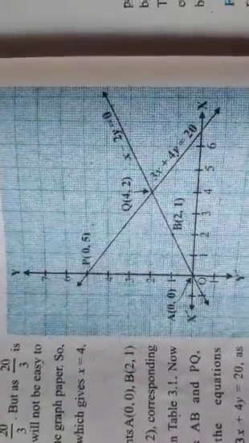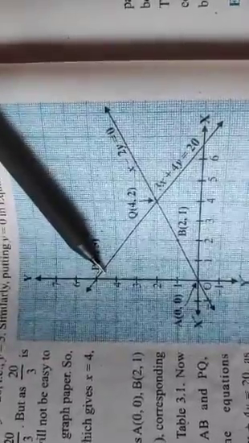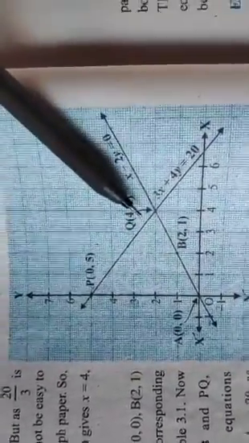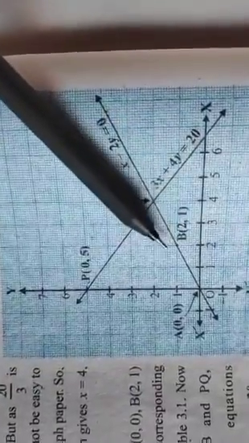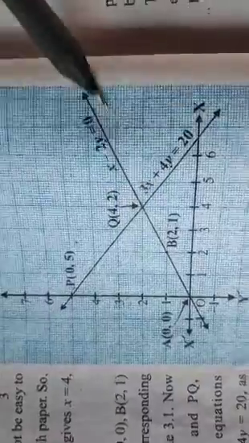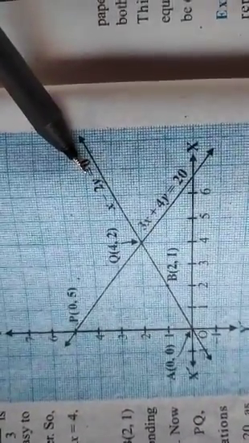See, you have plotted one pair of points. What was the pair of points I told you? 0, 0 and 2, 1. See, 2 and 1, here the point is there, 2 and 1. 0, 0 and 2, 1, you can draw a line. Okay, one line you will get. You will write the name of the equation on top of it.